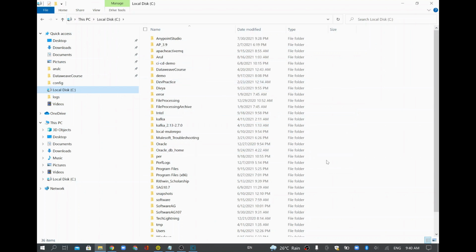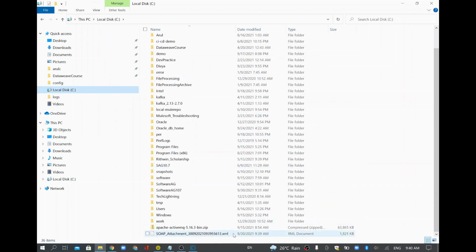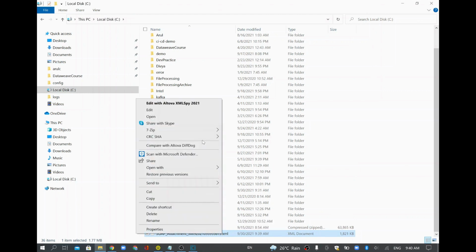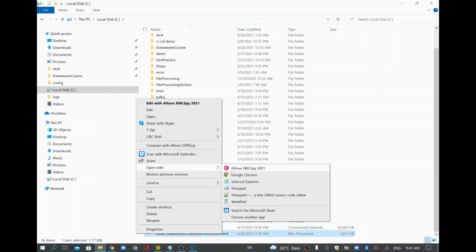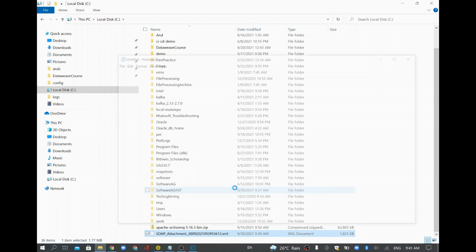I'm storing it under C: only. And if you see here, it is also matching with 1821. If I open this in Notepad, the data should be proper, because we are taking the data chunk by chunk in the same order. So it should not impact anything, and it should not corrupt anything. I will open it in Notepad and see.